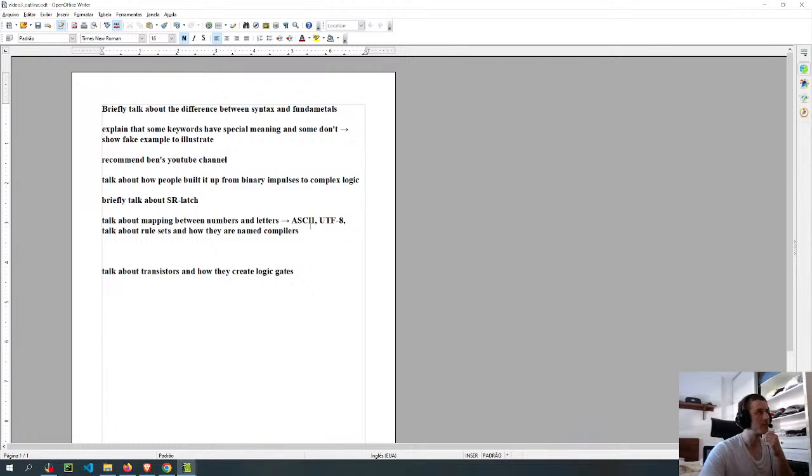Because you can make an argument that there is no fundamental reason why we agree that the symbol of the letter A is going to be A, and different symbols are going to mean something different. Or you can make the argument that those things are fundamental and we're capturing a fundamental thing.